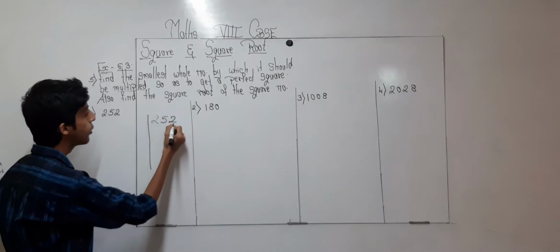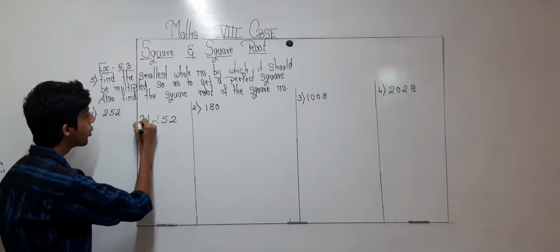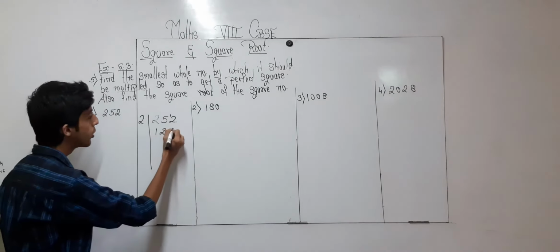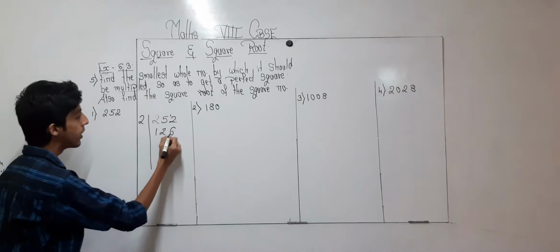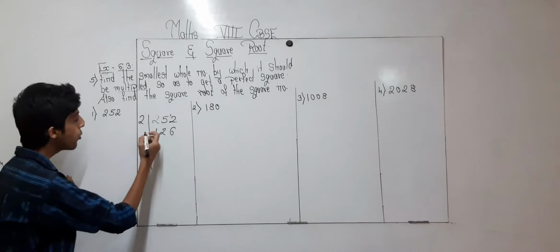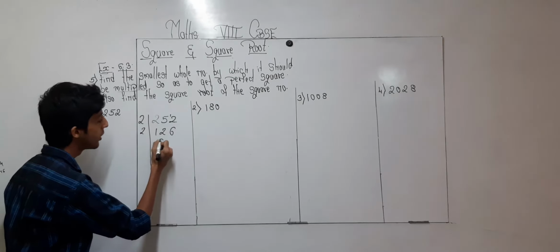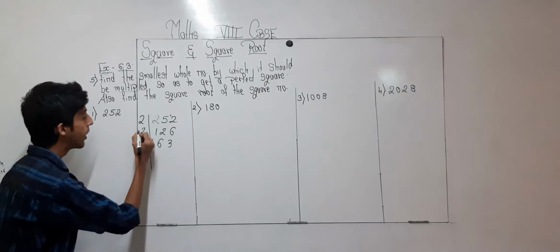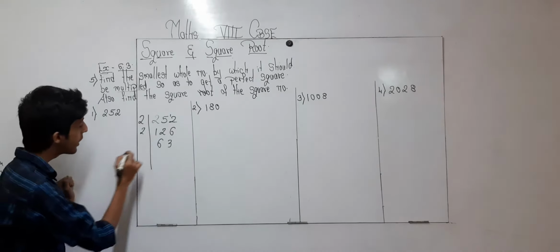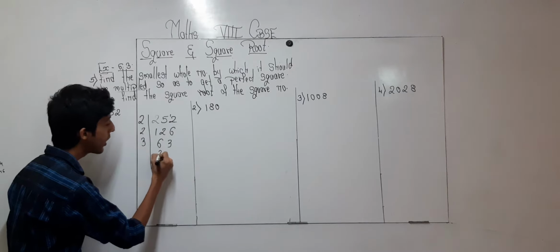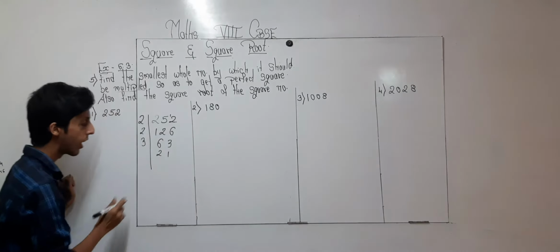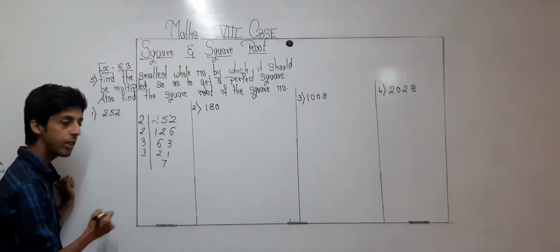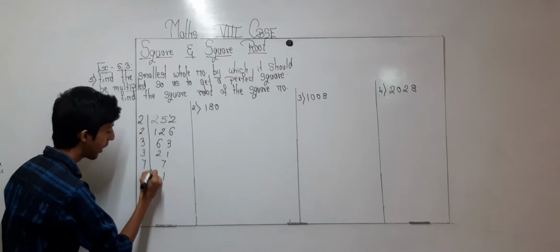Over here 2 is the last digit, so it is coming in the table of 2. 2 1s are 2, 2 2s are 4, remaining is 1 over here. 2 6s are 12. Now again 6, so again it is in the table of 2. So 2 6s are 12, 2 3s are 6. Again 3, so 3 is coming in the table of 3. 3 2s are 6, 3 1s are 3. Now 21 again comes in the table of 3. 3 7s are 21 and 7 1s are 7.